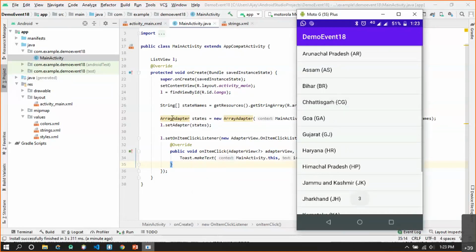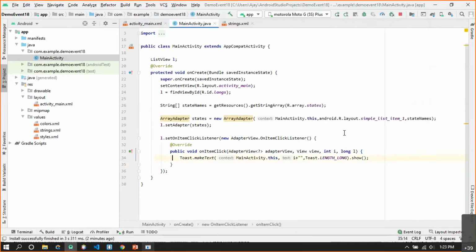Okay, so we have the array of elements which are displayed inside the list view. Once I click on any of the elements, the index of that particular element from the array will be considered as I. So if I want to display the corresponding element, I can simply refer to my array with that particular index.